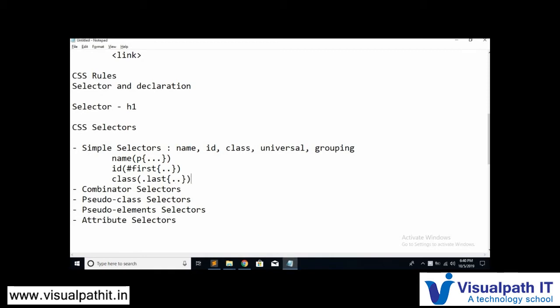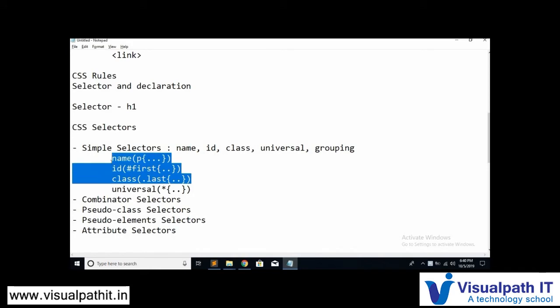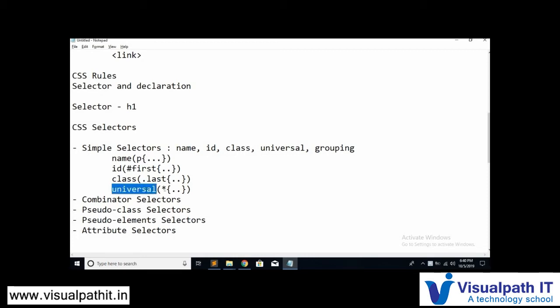Okay, and the fourth one is the universal selector. Here we'll make use of just one special character, the star. That's it. You don't need to follow it with any name. Why? Because the last three selectors give the properties inside the curly braces to only some part of the website. But with the universal selector, the star means the whole. The properties given inside these curly braces will be given to the whole website. The whole website will be considered as one.